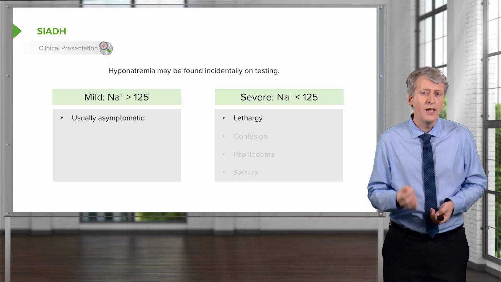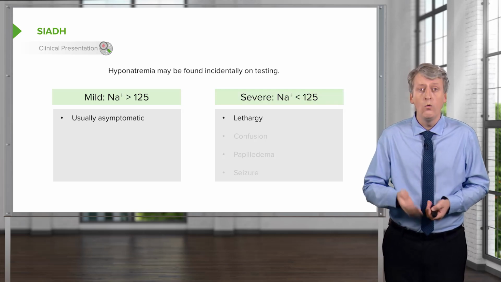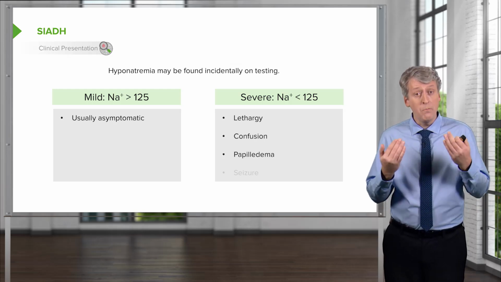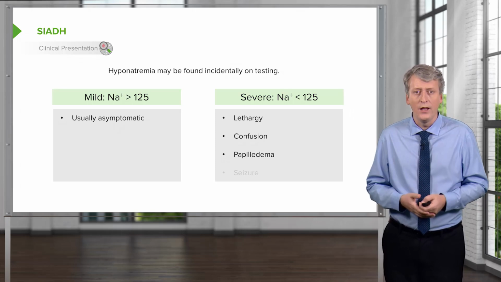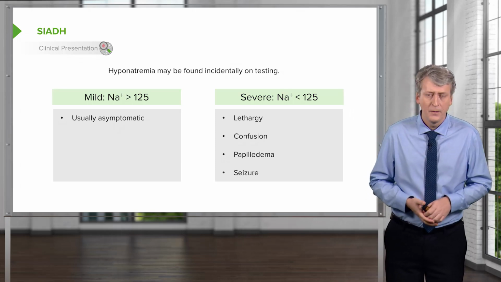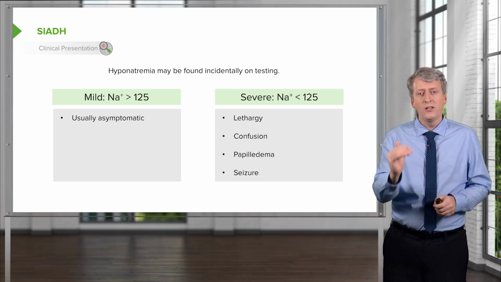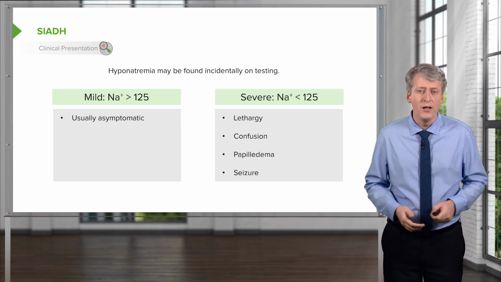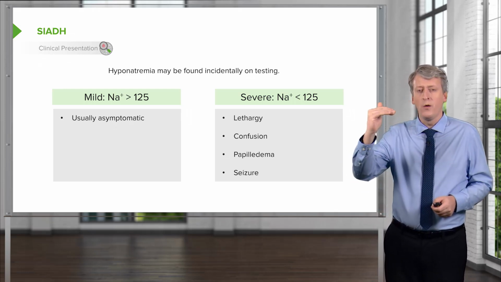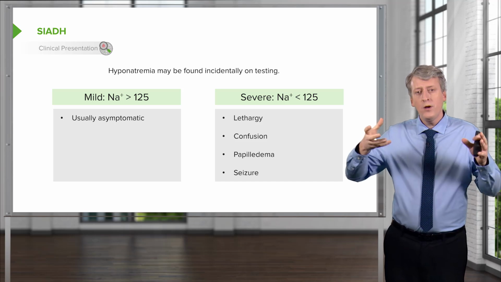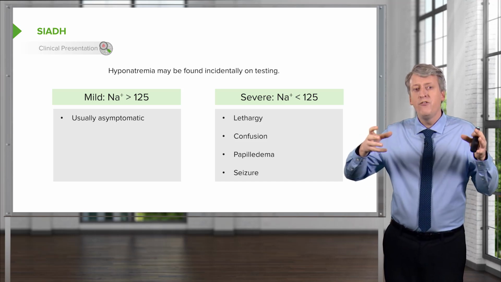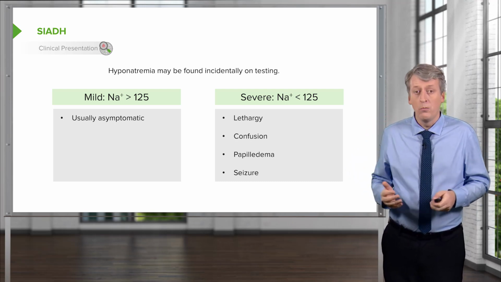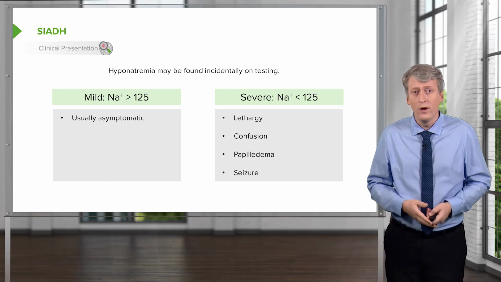However, in these severe cases where the sodium gets low and below 125, these patients can develop lethargy, confusion, you may see papilledema on exam as their brain is swelling, or they may develop seizure. Some of these symptoms depend on the speed at which that sodium has been falling. We'll talk about brain accommodation at the end, but if that sodium has been falling very gradually over time, the brain can accommodate that and they can have fewer symptoms. If the sodium fell very rapidly, patients can get in trouble in terms of CNS disease very quickly.